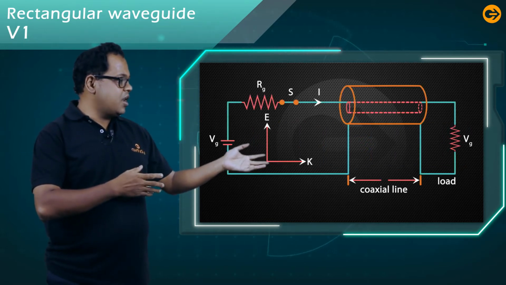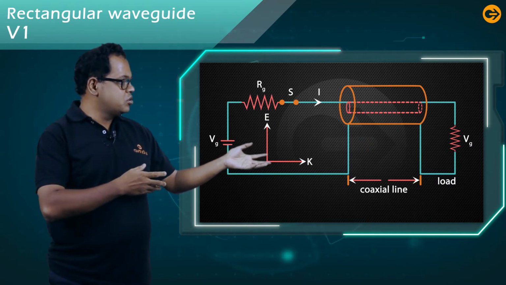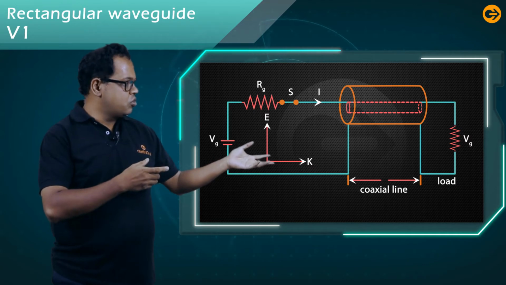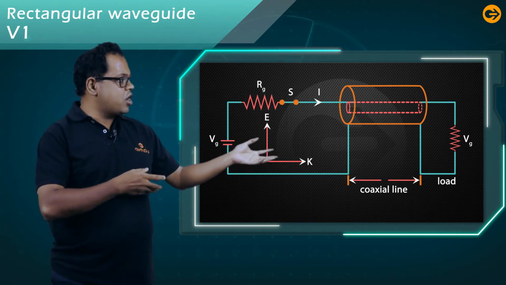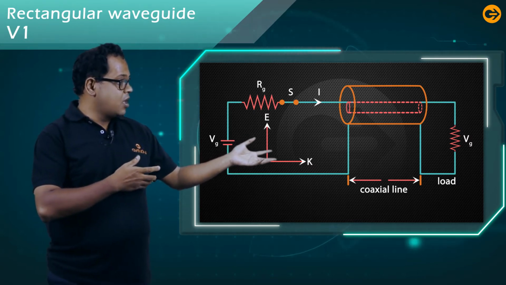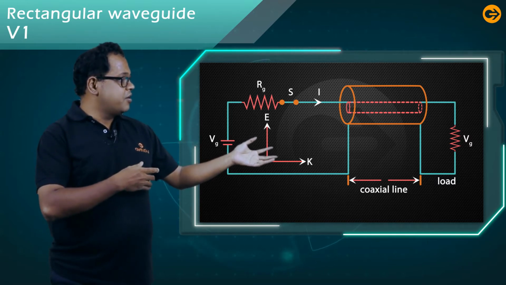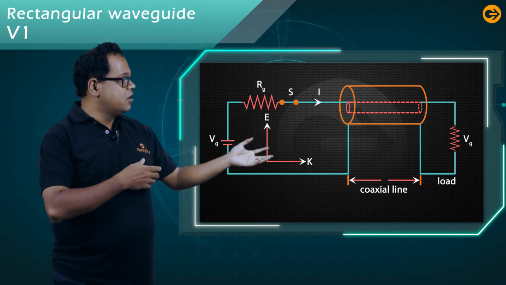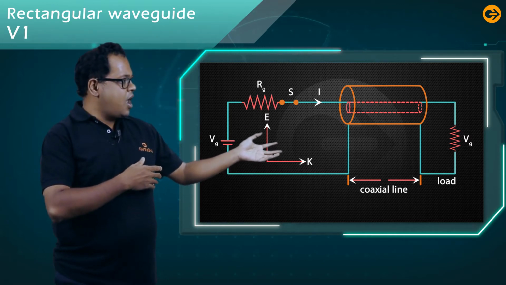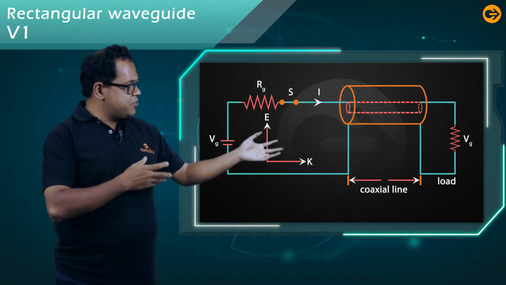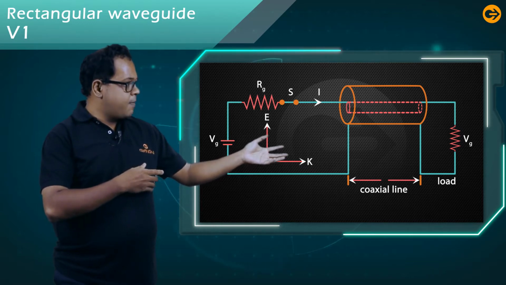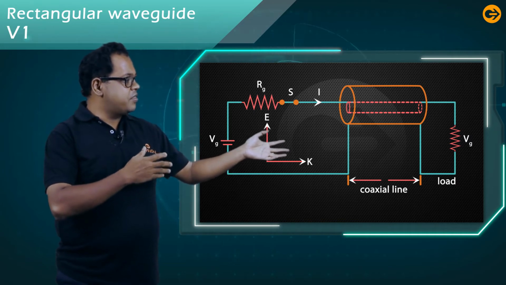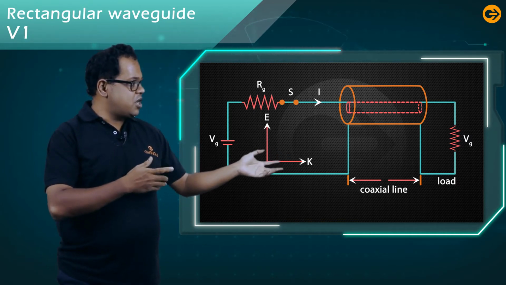Now, in a transmission line, there is one source, the transmission line model, and the output is one load. That is the total model of your transmission line. If a signal is transmitted from the source to the destination, it will simply travel. It will be generated at the source and travel through the transmission line to the load. But if it is a high frequency, the signal is attenuated within the transmission line.